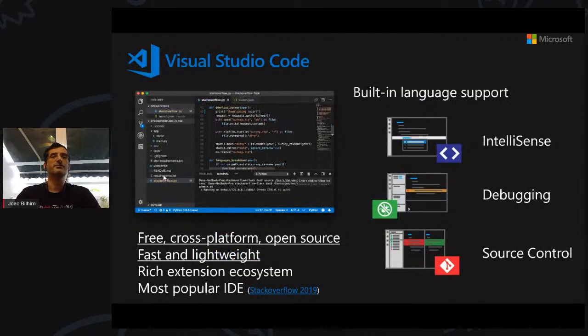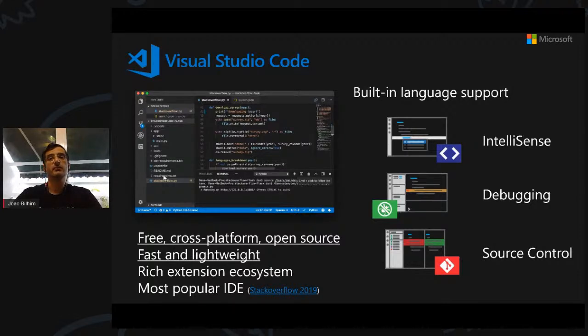Now, let's start first with Visual Studio Code. Visual Studio Code is a free cross-platform open source lightweight IDE. It comes out of the box with built-in support for several languages like HTML, CSS, TypeScript, JavaScript. It includes IntelliSense, debugging, and source control.